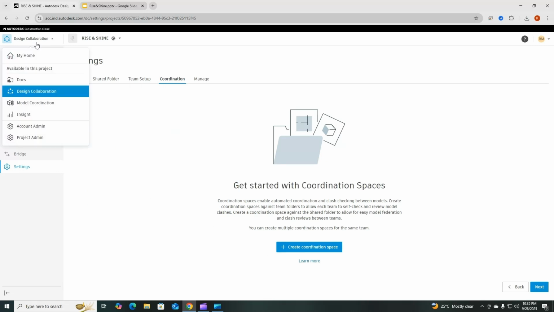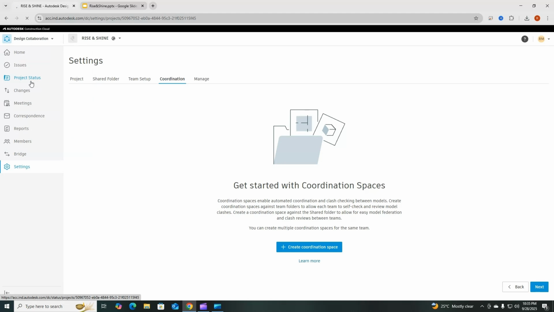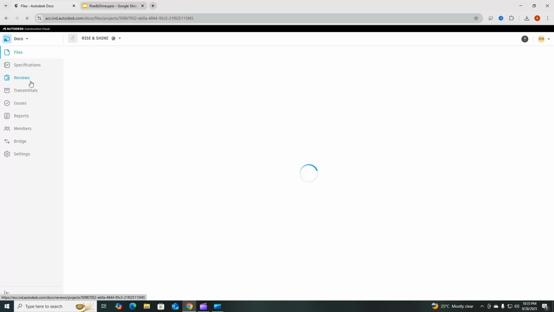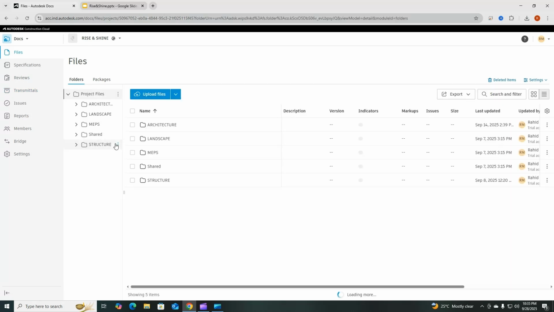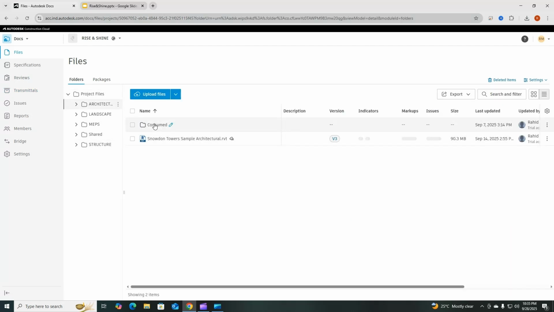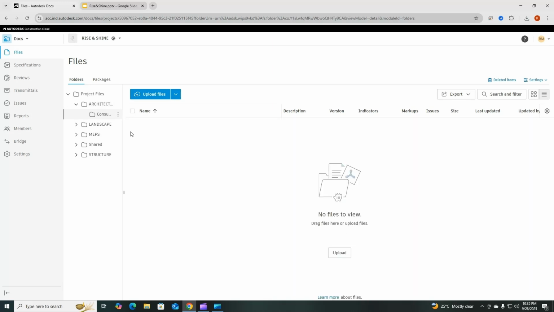Before I create a coordination space, I will go to docs, and last time we created a package. When we consumed that package, a folder was created which says consumed.